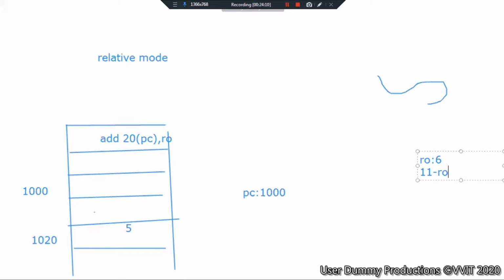How much memory location, Rohan? See, the pointer is pointing to the memory location 1000, but the content is in 1010. How much memory location you have to move? 10 values we should move, ma'am. So that's an offset.